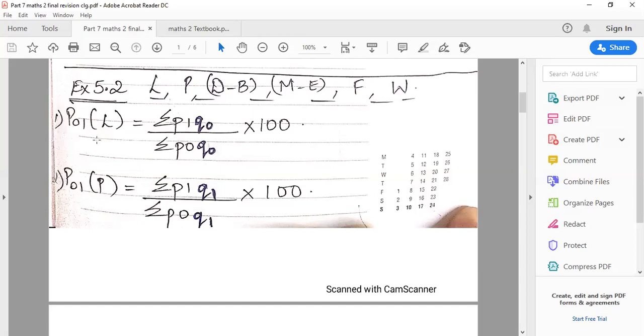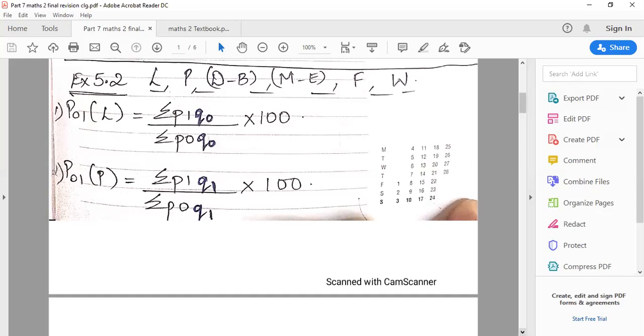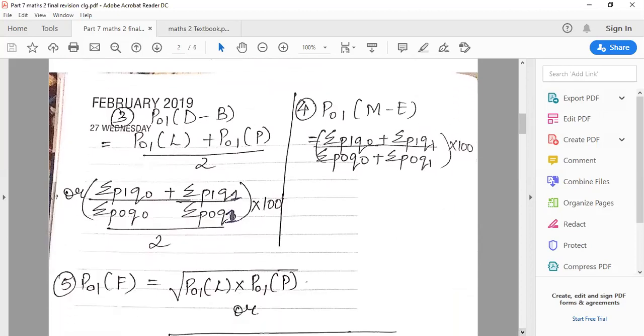Starting with the formula, the trick which I taught you was, for P01 of Laspeyres, first write the normal formula like summation P1, leave some space, upon summation P0, leave some space, into 100. As you see, I have written with a different pen because in the place which was left, you have to write Q0, Q0. The same logic you can use for Paasche. Summation P1, leave space, upon summation P0, leave space, into 100. There you have to write Q1, Q1. These are the two main formulas on which the other formulas are dependent.